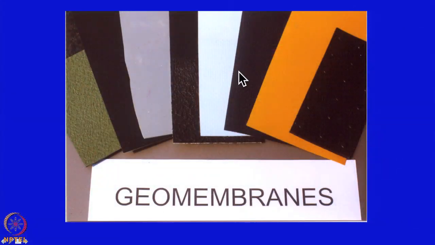Now this is geomembrane material. So this is an impermeable material. It is like a rubber. So you can use this kind of geomembrane for the landfill. Also you can use it for the earthen dam to control the seepage, for the canal liner, for the reservoir. And this geomembrane material, I am saying this is the impermeable material, and in this geomembrane material you can see both the sides are smooth.